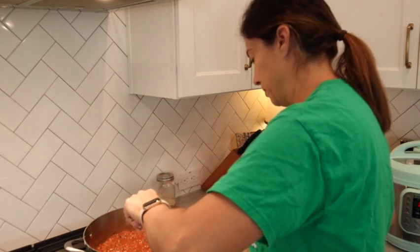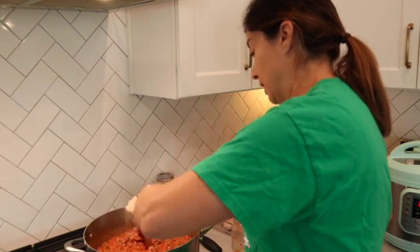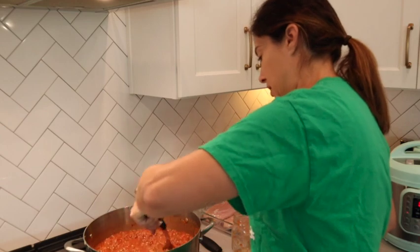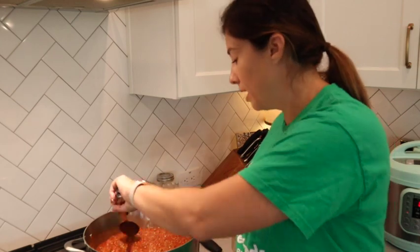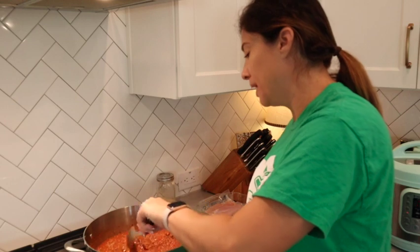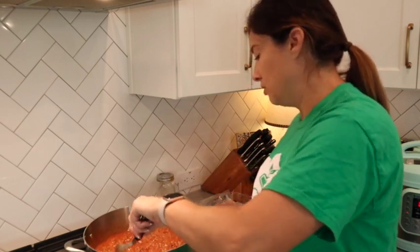I have this one big chunk of tomato in there. Somehow that will come out. It smells so good in here. Some people put wine in their spaghetti sauce. I have not really been a fan of that with mine. I guess if I was making more of a bolognese or something, I would do that,